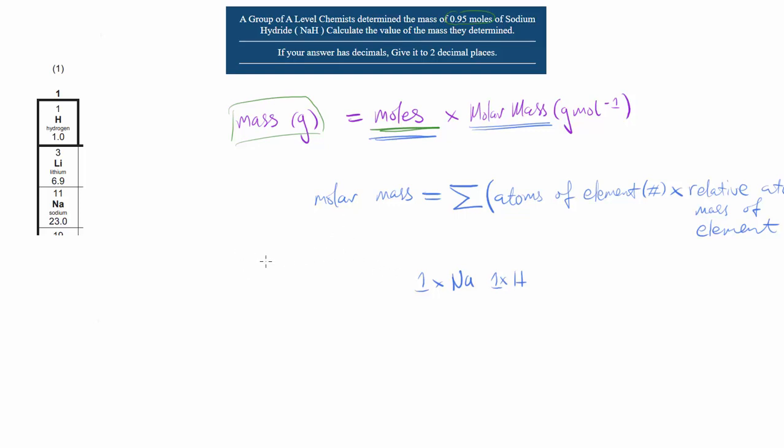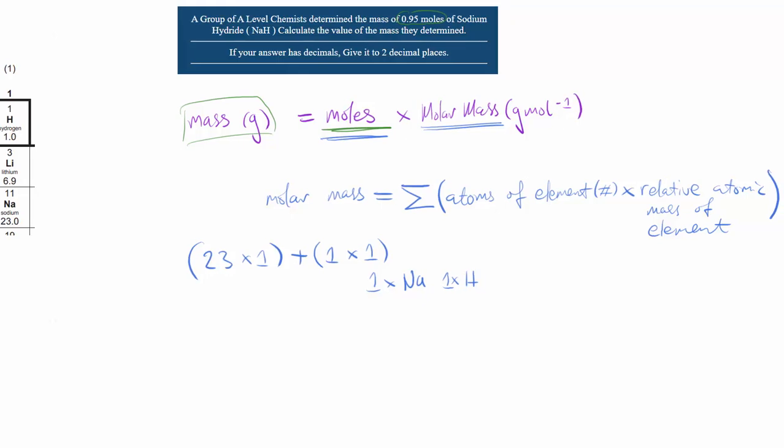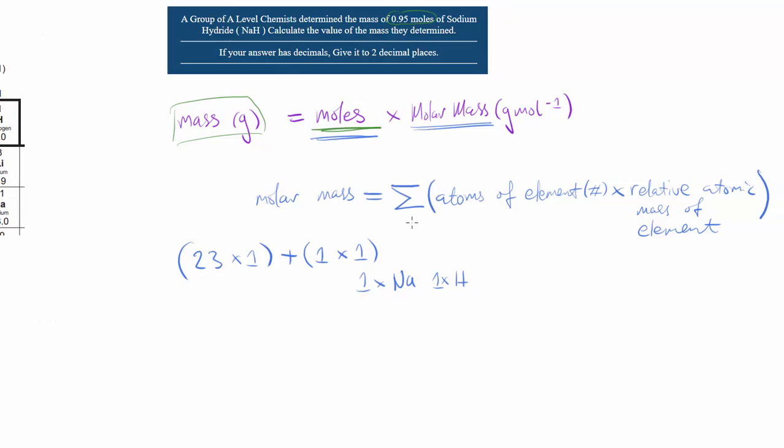So therefore, what we're going to be dealing with is 23 multiplied by 1, right? And what we're building here is the sum function, so 23, and we need to add the hydrogen component. For hydrogen, the relative atomic mass is 1, right? So 1 times 1, and this fulfills our equation for the molar mass. So if we just work out what this is,